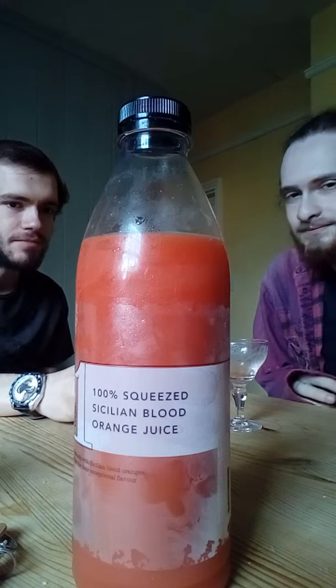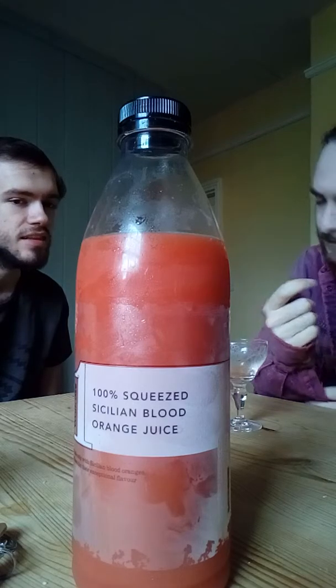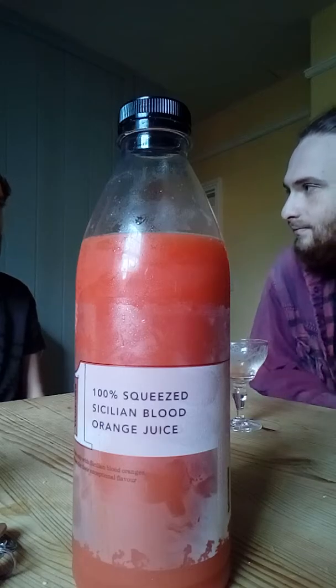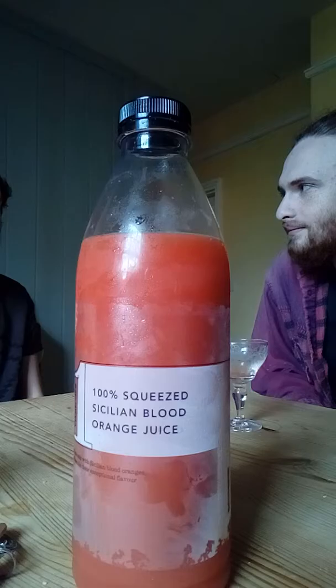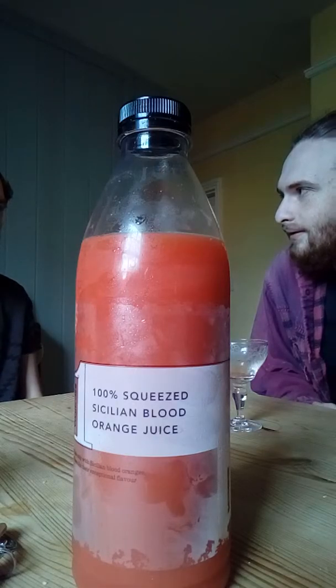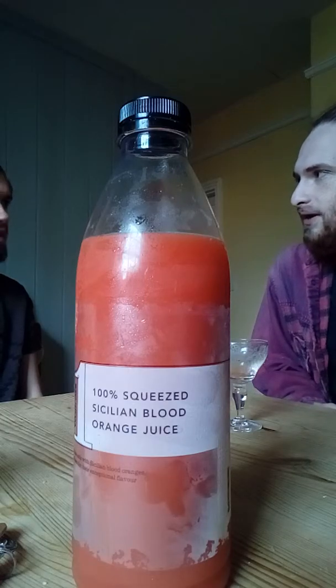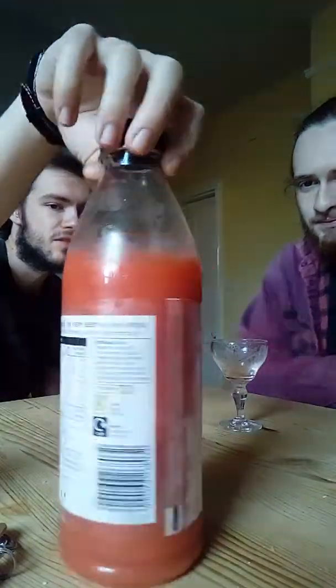But at the same time, isn't Sicily in Italy? It is, isn't it? That's Sicilian blood orange. I remember having a different one. Maybe it's just because we've not had normal orange juice. But I remember it tasting way more different from that, like a lot deeper, more sour. Actual normal orange juice. So maybe Sicilian blood orange isn't quite...